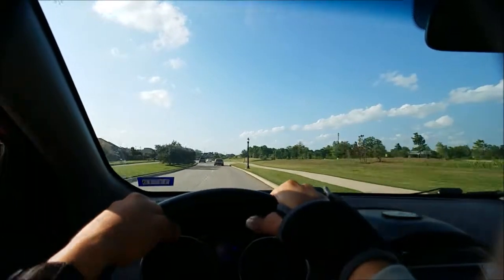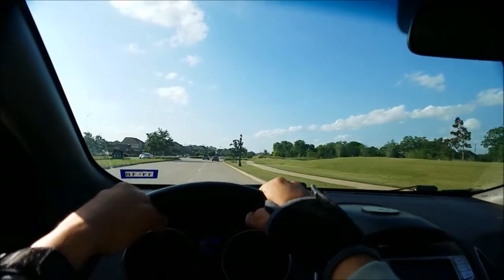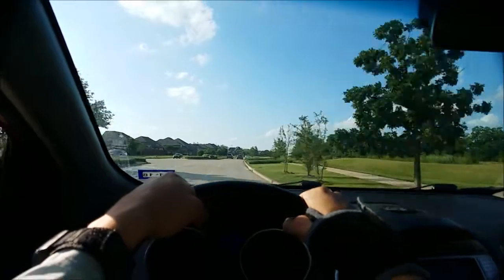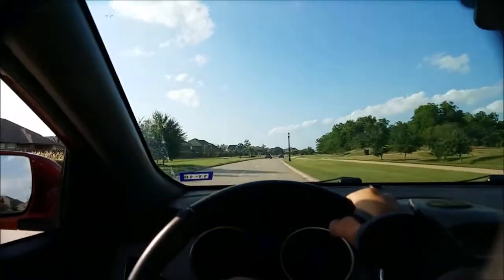And as soon as the We Ride co-pilot comes out, I'm gonna try to do my best to retrofit or hack or modify the co-pilot so I can